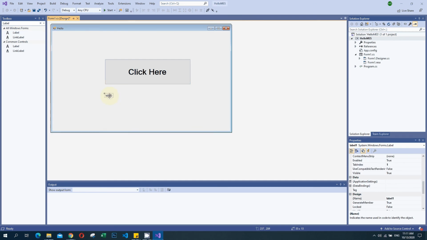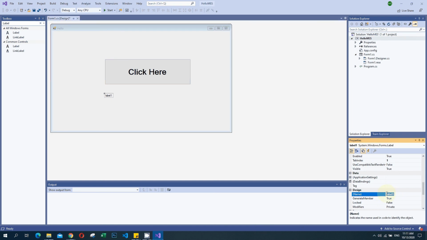For the label also, in the properties window, I am giving the label's name. The name which can be used. I am going to rename it as hello MES.